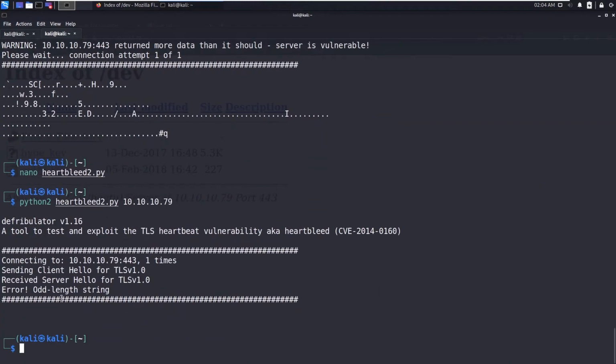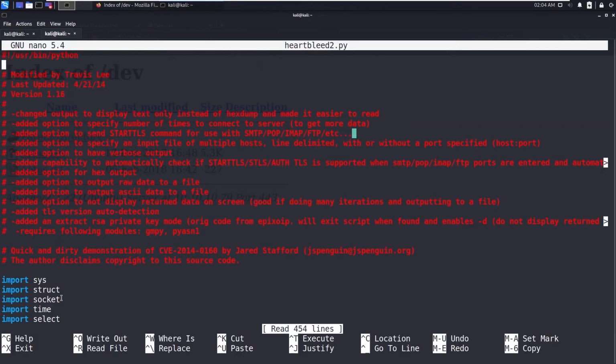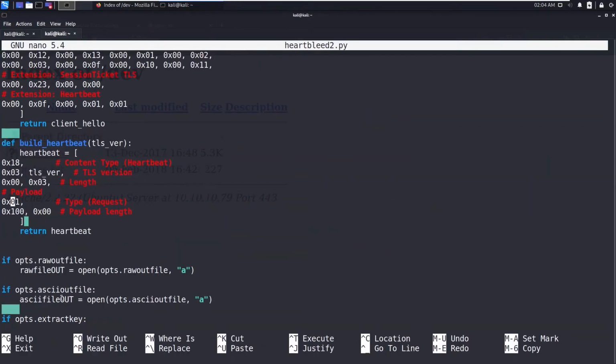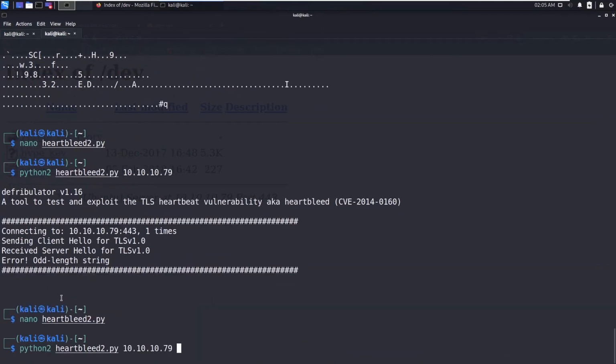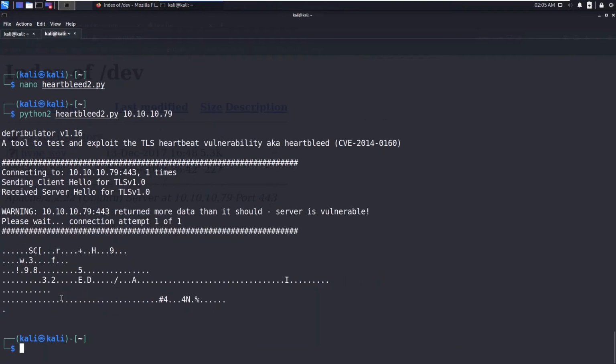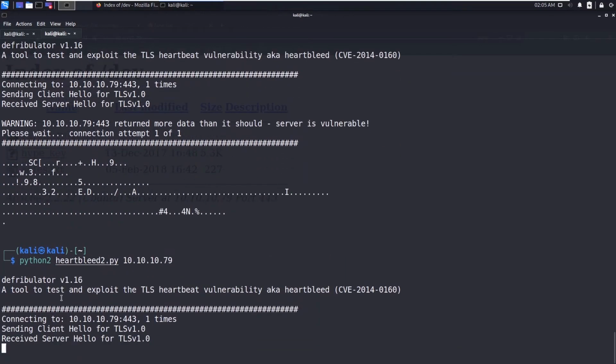So I'm changing again, and it's saying odd length string. Okay, let's ask for a smaller number of bytes. So now we got the same junk, and run it again.